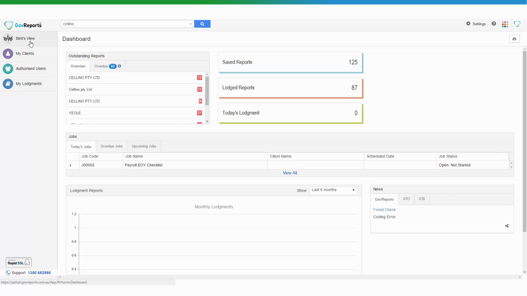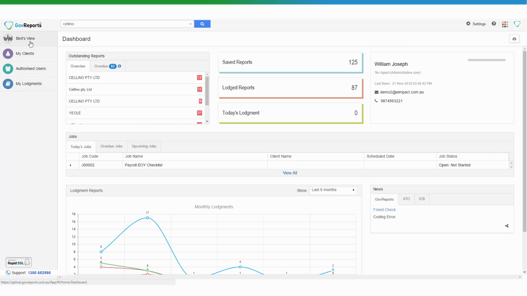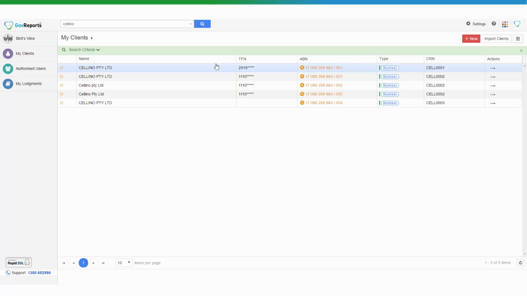I'll go back to the client's profile. It will take a little while. Sometimes, depending on the traffic through SBR to the ATO, it might take a minute or two, but otherwise it could be a couple of seconds. We're just going to check that and see how long it's going to take for the reports to come through with the lodgement receipts. If it has been lodged, you can go to the client's profile, as I did earlier,